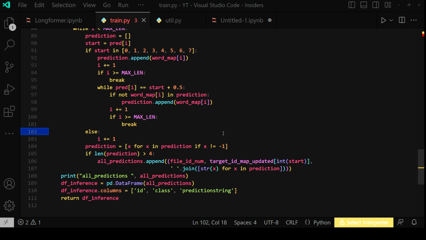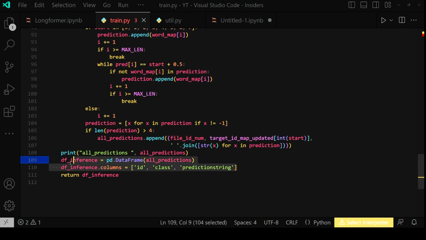So this ensures that the only predictions with sufficient context are stored in the all predictions variable. This can help avoid incorrect or unreliable predictions that may be made based on incomplete information. And then the final 2 lines is just creating the data frame